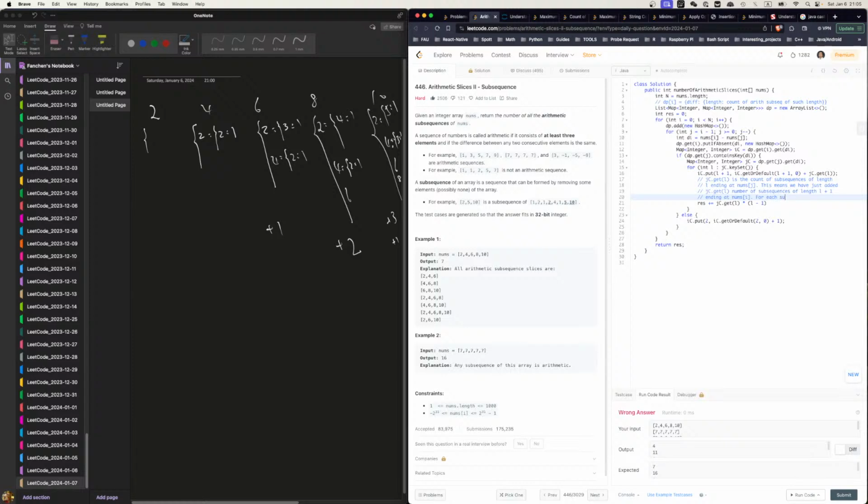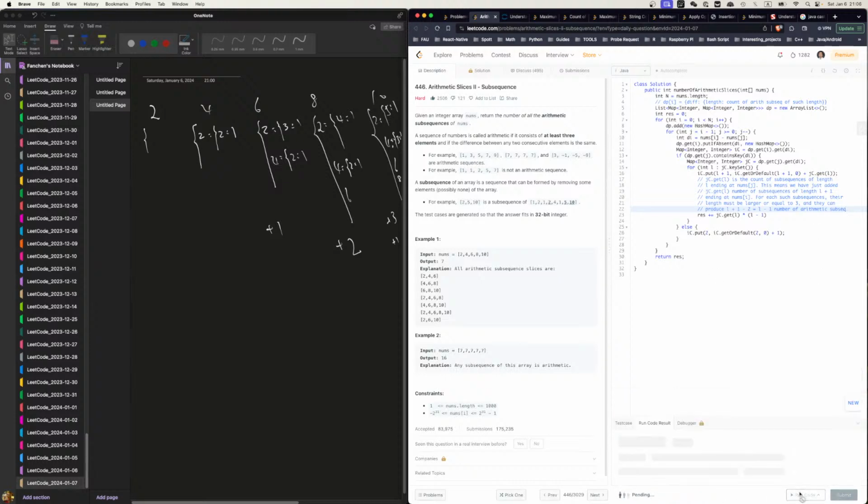Now, for each of these subsequences, their length must be larger or equal to 3, and they can produce L plus 1 minus 2 equals L minus 1 number of arithmetic subsequences. So with that,